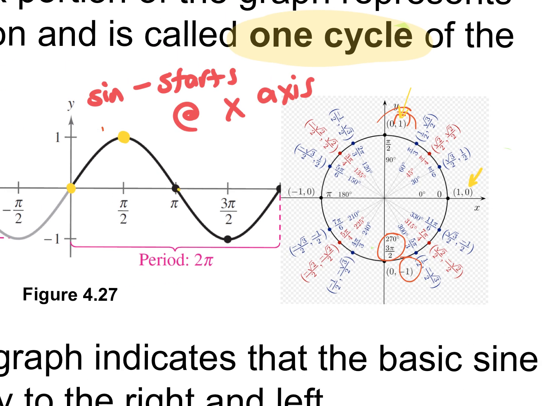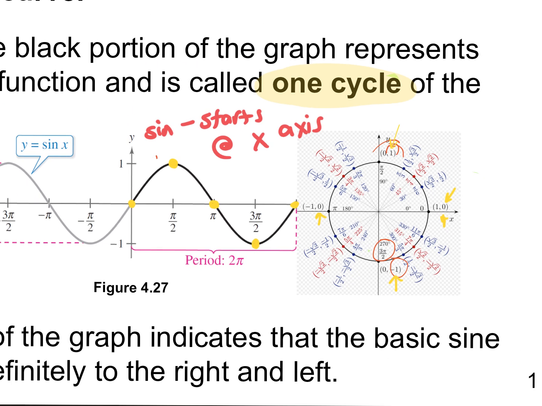Then we come back down. What is the y value when you're at pi? 0. Then I go to 3 pi over 2. What is the y value there? -1. And then we get back up here, and we're back where? At 0. So there's your sine curve. That's where it comes from on the unit circle. We start at the x-axis because on your unit circle, the y value on the x-axis